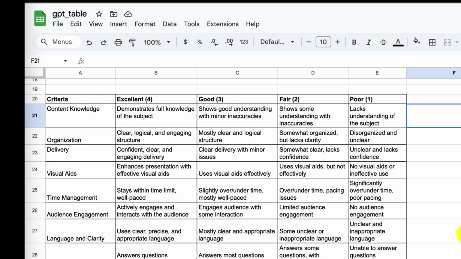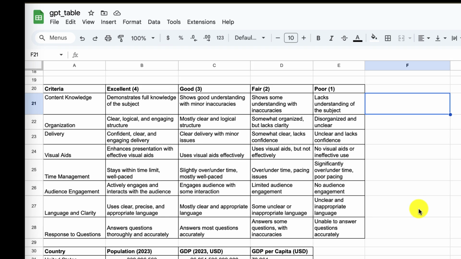Next is a rubric, and this could be a rubric that students could use to determine if they successfully completed a project, or it's a rubric that teachers could use for grading. So this is a rubric for making an oral presentation. Let's just double click on it